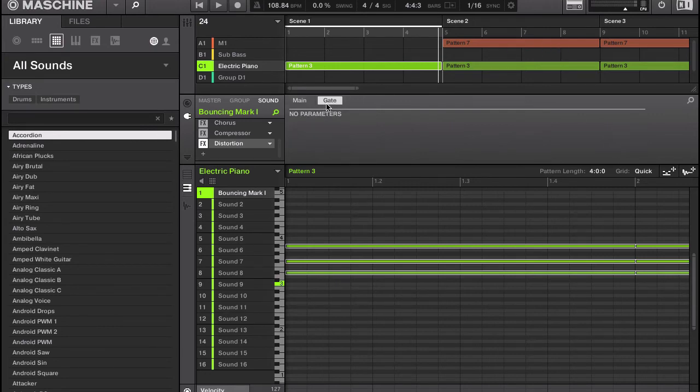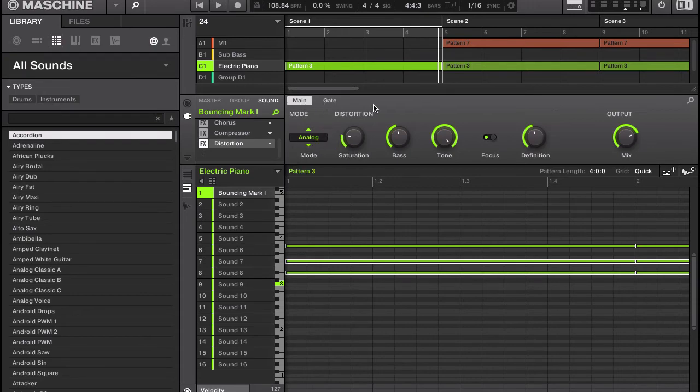And there's also a gate as well. Oh, there's no gate on this. Maybe that's the Mulholland one. All right, so I'm going to sort of play around with these parameters and let you hear the differences and see how this sounds. I'm going to sort of tune it up the way I